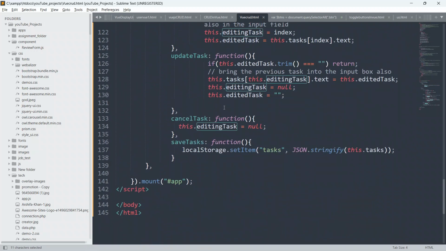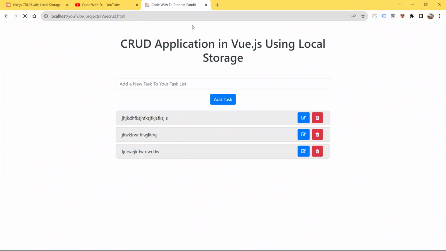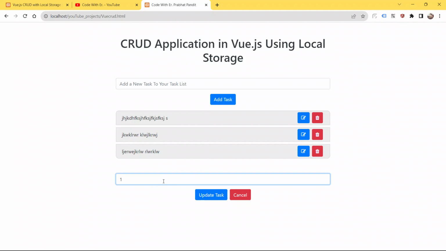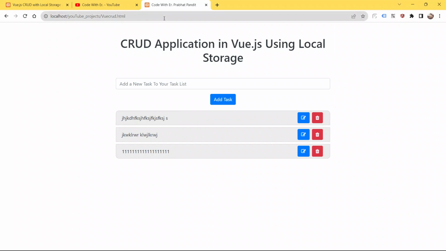So now save your code, go to the browser, and refresh the page. Yeah, this is working. See, this is working guys. Just put something for testing, put 111, hit the button update task. See guys, our task is being updated.